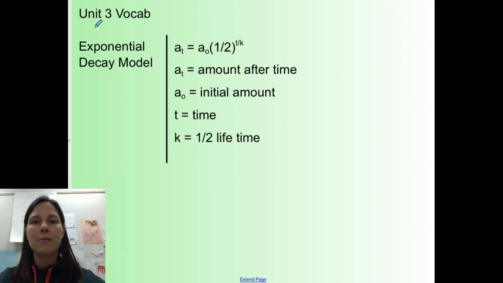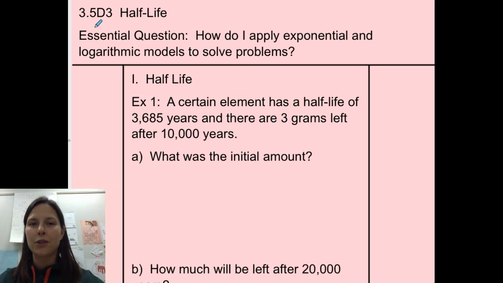A sub T is the amount of the material left after time. A sub 0 is our initial amount. Of course, we're using 1/2 for the base because it's our half-life formula, to the T time over K power. And K is the half-life time in years as well. Our essential question is similar to the one we've been looking at for several days, so let's get started with